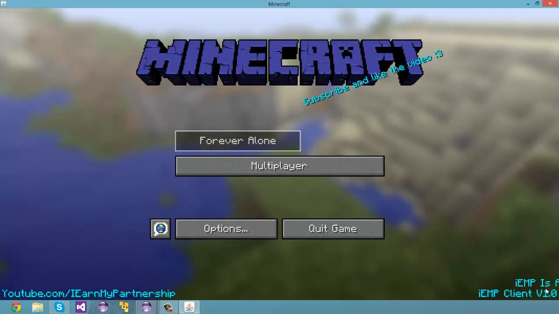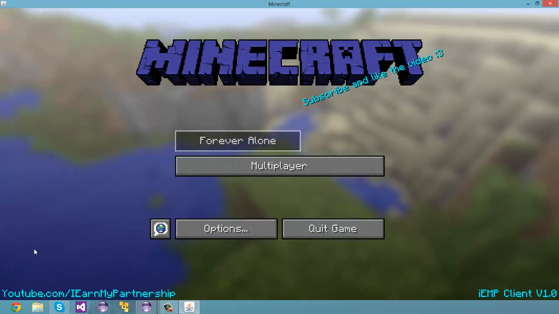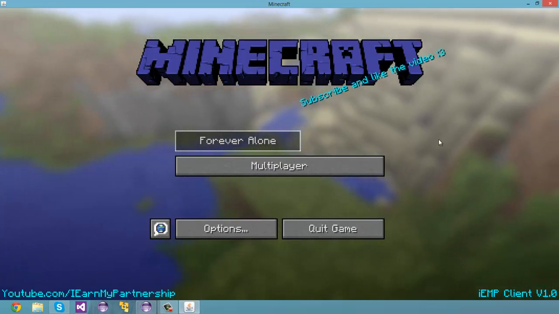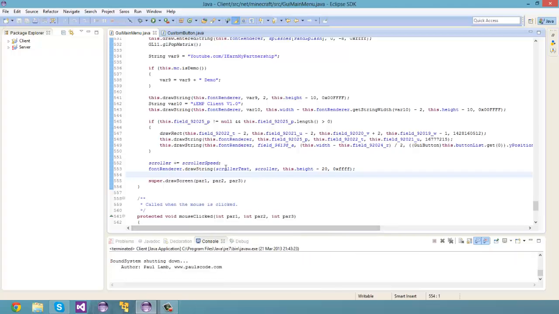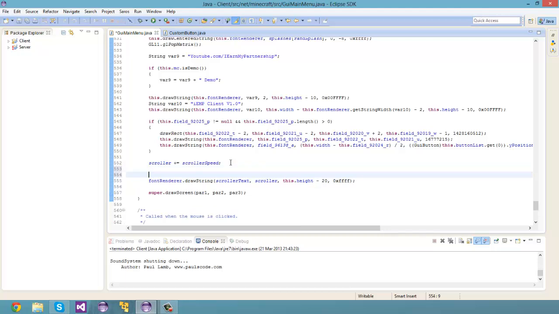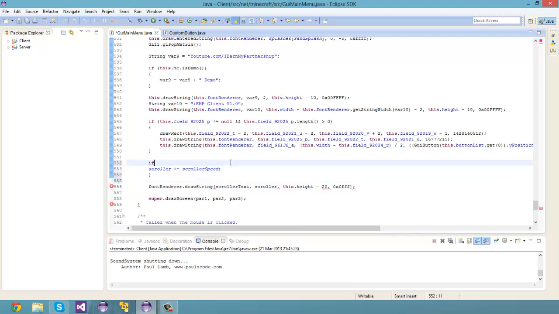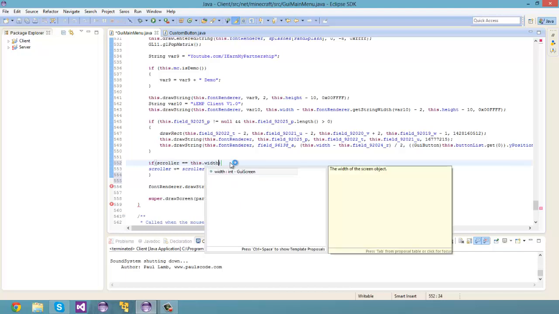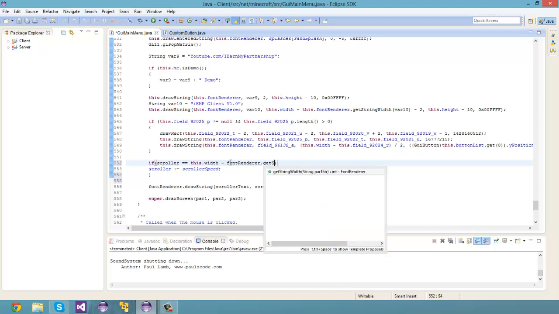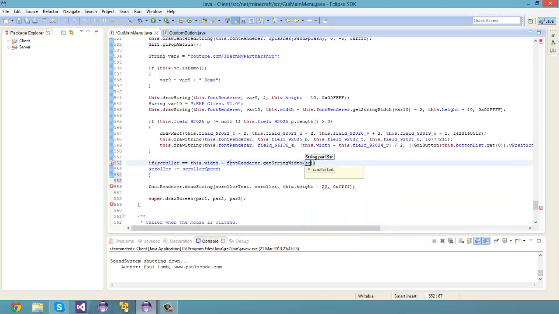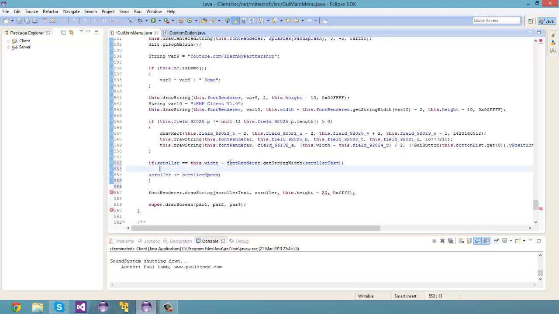Okay, so now you can see it's got to the end, but now it isn't going to go back over there. So we're going to want to reset the scroller count. To do that, you're going to want to embed this part in an if statement. So just go ahead and put if scroller equals this.width minus fontRenderer, and I'll go over this in a minute, .getStringWidth(scrollerText),